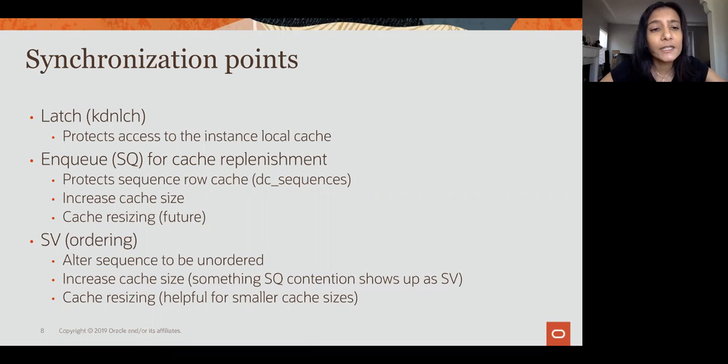The first point of synchronization is related purely to cache sequences. This is the sequence latch. And if you're looking at an AWR report, this should show up as KDN LCH on the report. So this latch is responsible for protecting access to the instance local cache. And the second point of synchronization is with the SQ NQ, and this is the NQ that protects the cache